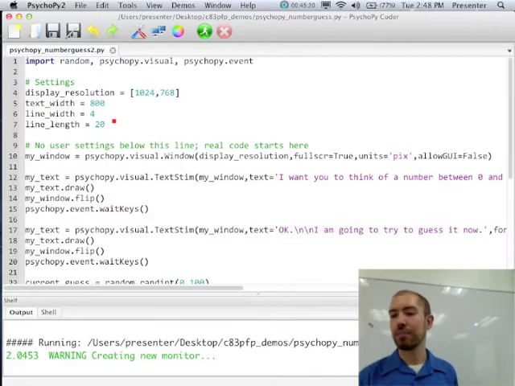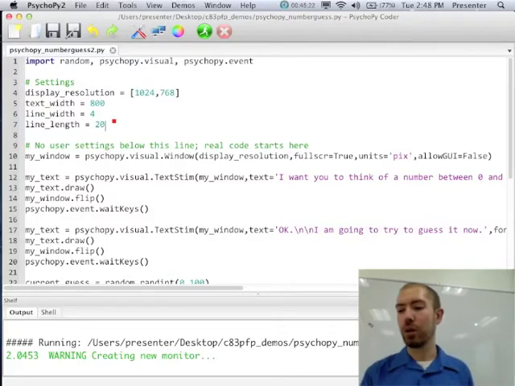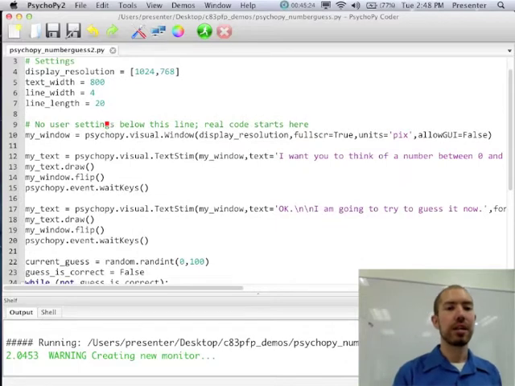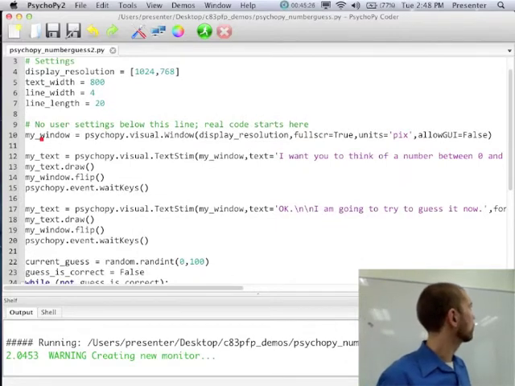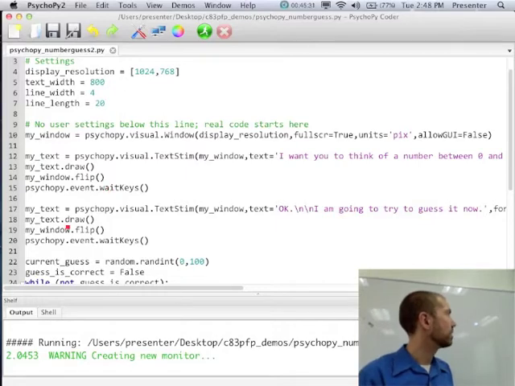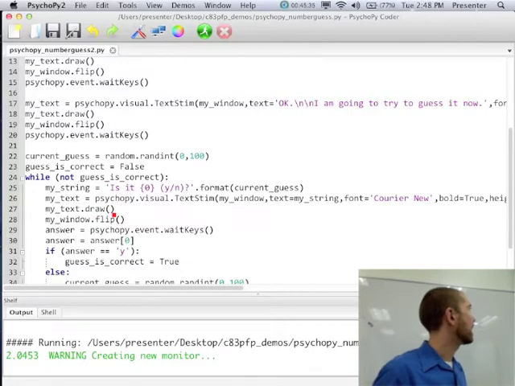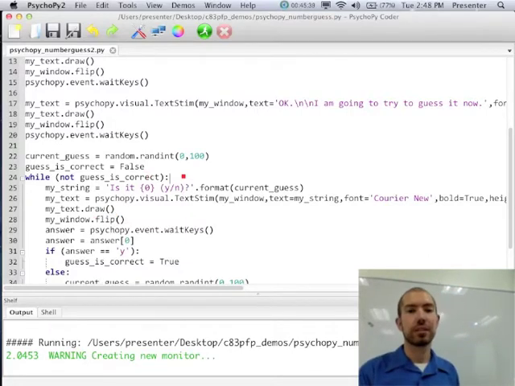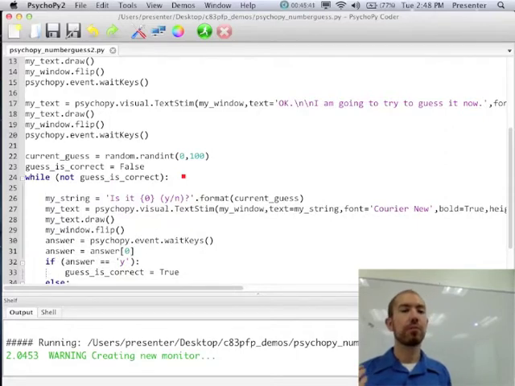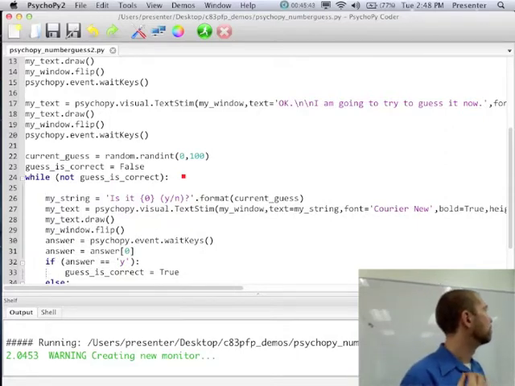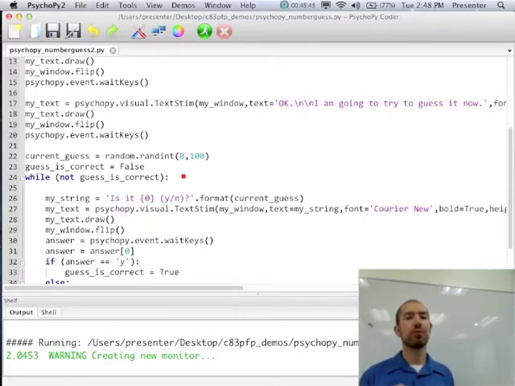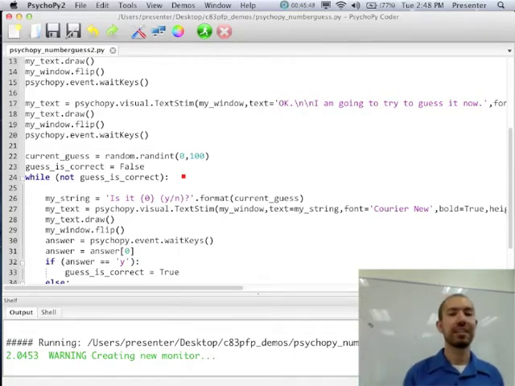And now let's think about where we're going to want to draw the line. So in this file, we create a window, we give some introductory text, like I want you to think of a number, and we say, okay, I'm going to try to guess it now. So if we want to draw a bunch of lines when it's guessing, we probably want to draw all those lines as we're putting up the string saying, is it this number?